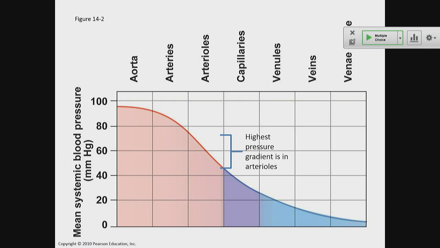I told you the pressure is really high at the exit of the heart. Here on the other side, this is where the blood returns to the heart, and you can see that at this point we're very close to zero. We're not quite at zero, so there's still enough pressure to guarantee some flow of blood into the heart. But at that point, the pressure has dropped substantially.